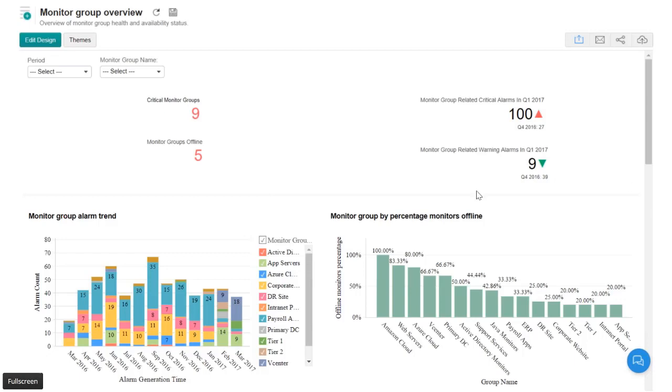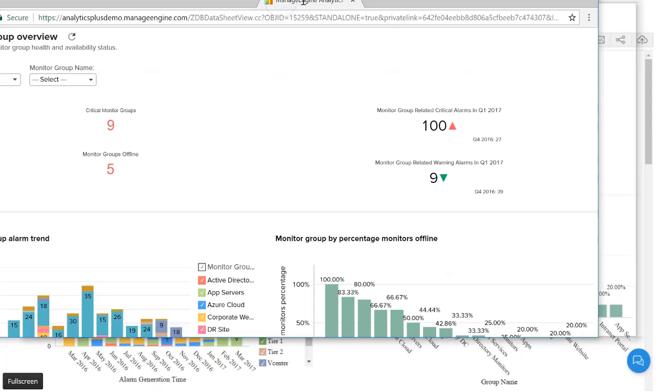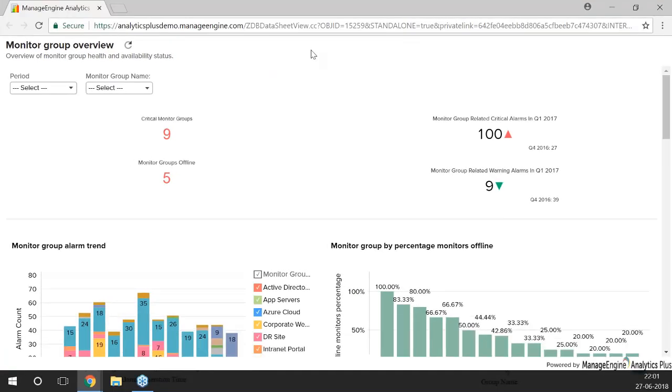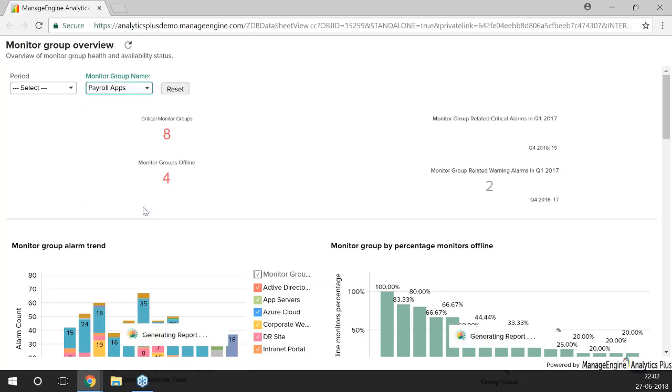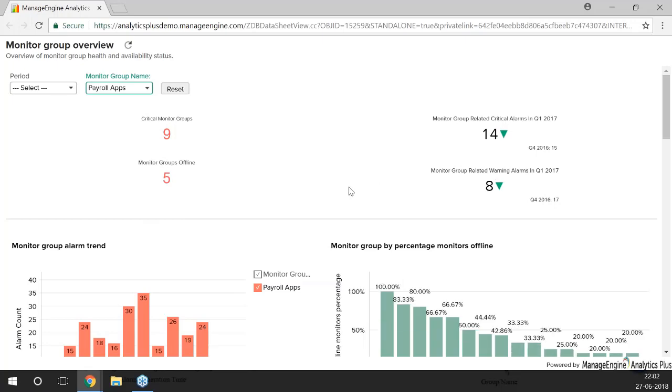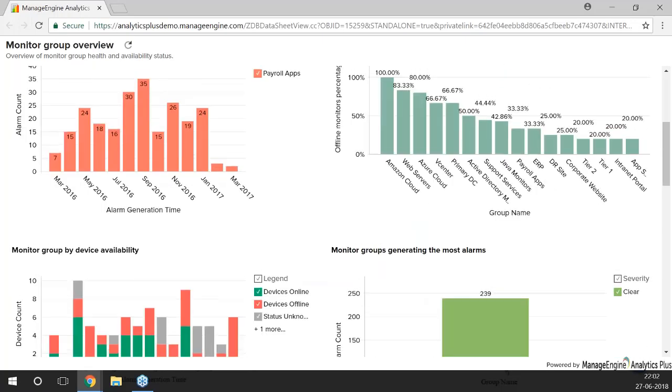So let me quickly jump to our product page so that you'll be able to understand it better. The monitor group dashboard, or any dashboard that you have in Analytics Plus, will be very interactive in nature. You'll have filters which you can apply on the go. You don't need to edit any of your reports or dashboards. You can just apply any one filter and the whole dashboard gets modified according to the filter that you apply,